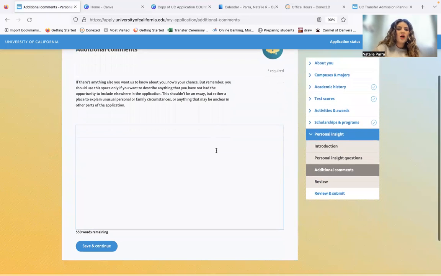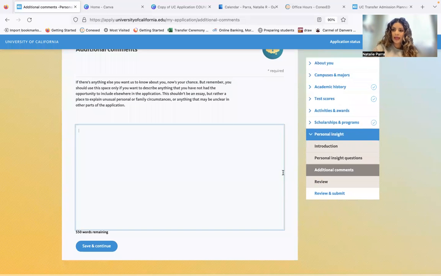And then in the additional comment section, if there's anything else you want them to know about you, this is your chance. And it's only where you answer information that was not included in the application, okay? If, let's say, for example, there was some kind of point that you couldn't make in any other section because you felt like it wasn't the right place to do so, you can put it here. Maybe something recent really just happened, like you can put, for example, I just wanted to say that